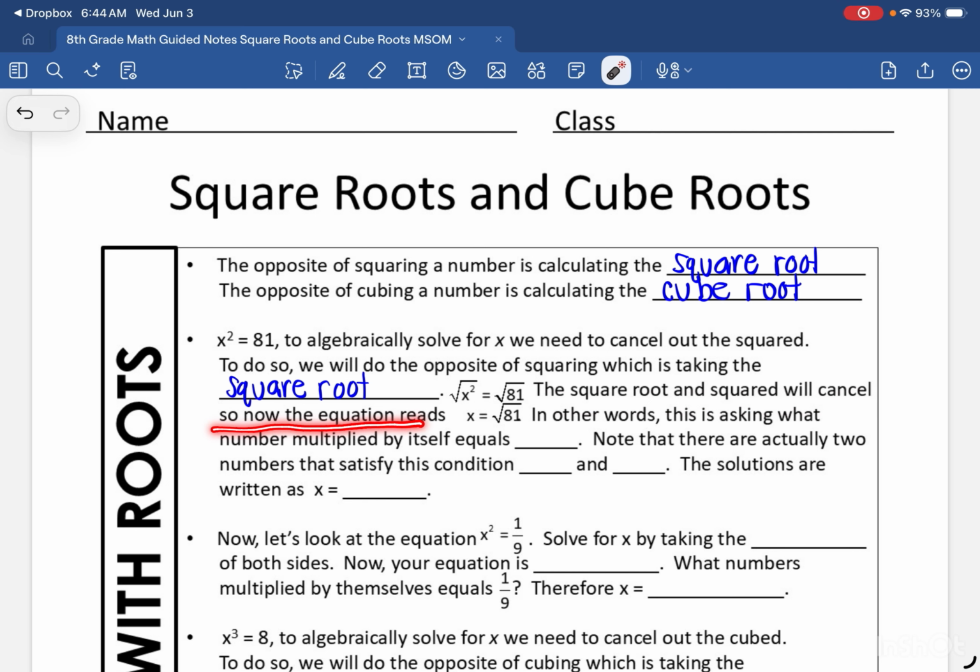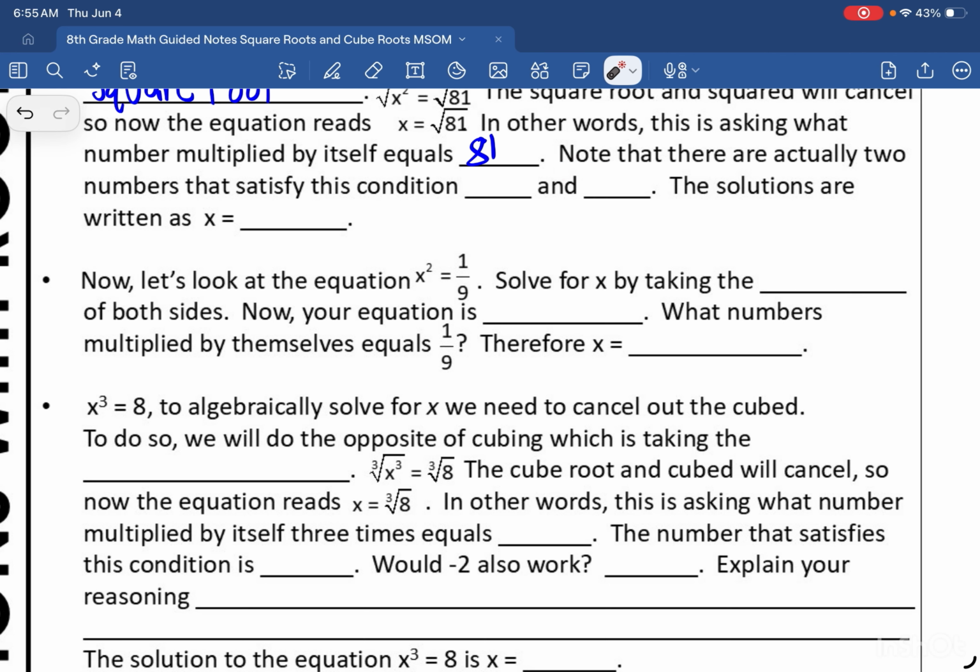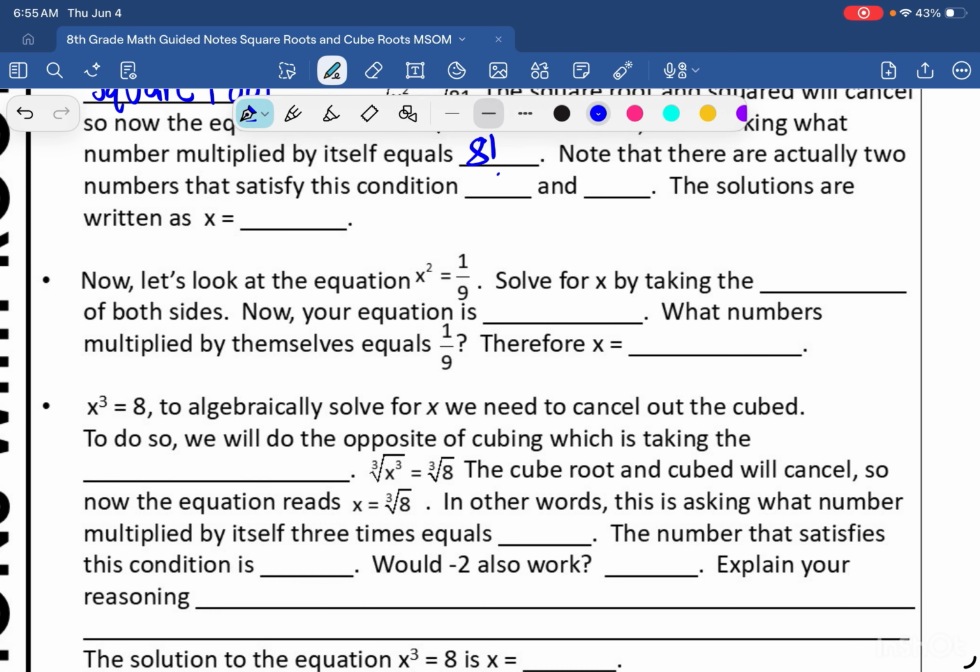So now the equation reads x equals the square root of 81. In other words, this is asking what number multiplied by itself equals 81. Note that there are actually 2 numbers that satisfy this condition, both 9 and -9. The solutions are written as plus or minus 9. Now your teacher may just have you worry about the positive solutions, but be aware that the negatives are also